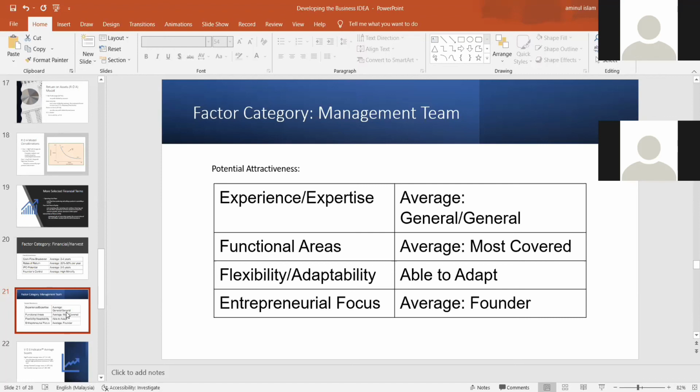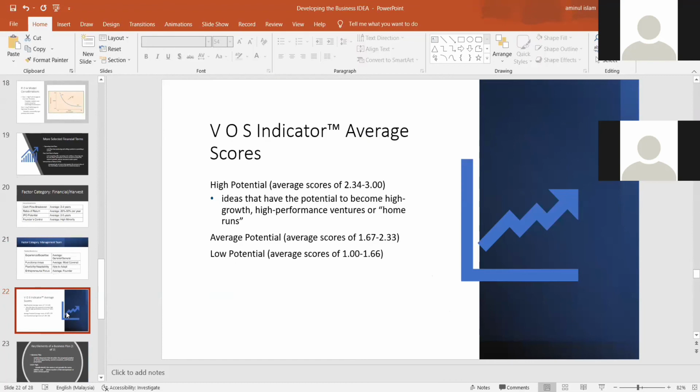So when you are evaluating the management areas and trying to identify and establish the best management practices available, then we'll also be collecting data from the industry, existing industry companies that we have. All right, so there are ways of looking at it, right? We look at high potential, average potential, or low potential. So we can quantify and do an indexing, find out the value, and then put it on a curve to see whether you have high potential,